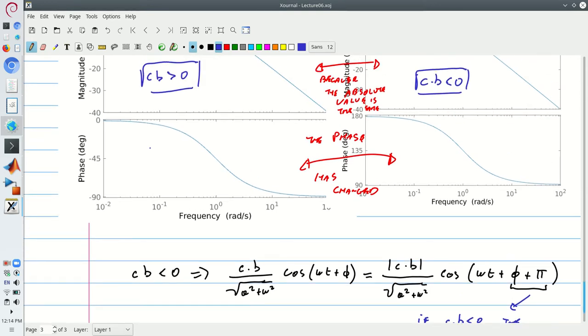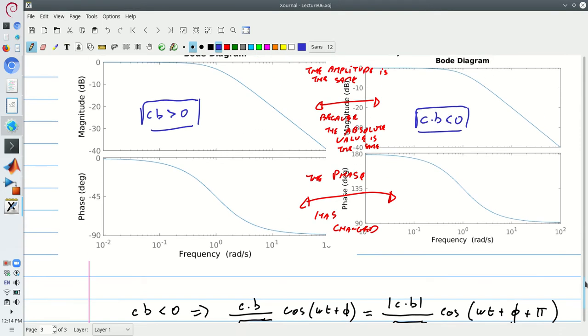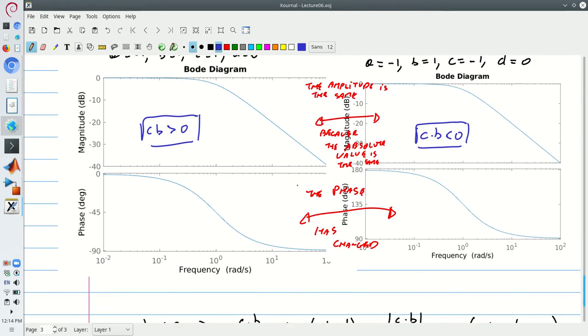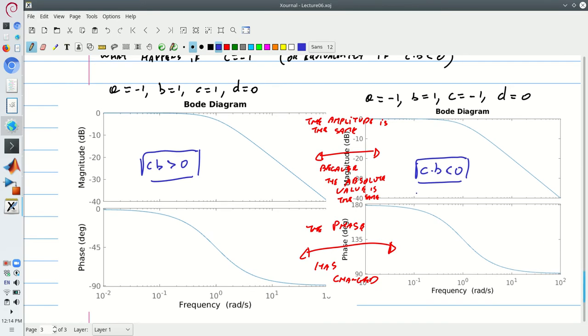And here we have explained why instead of moving from 0 till minus 90 when we use MATLAB to compute the Bode plot, what we observed instead is a shift from 0 plus 180, so from pi in radians, up to 90 instead of minus 90, because if you have minus pi by 2 plus pi, it becomes pi by 2, and so this is why we need to pay attention to the sign of the parameters C and B